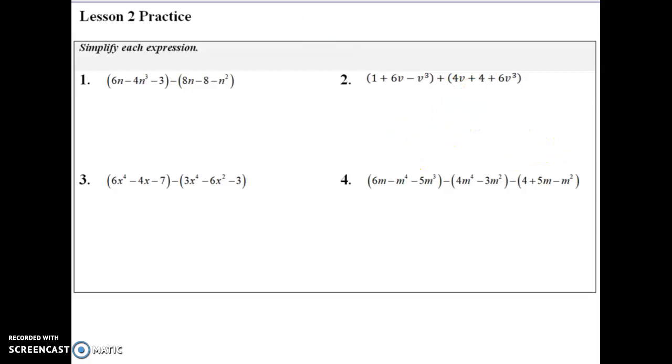Okay, go ahead and do your practice problems here, and that's all you're doing for today. Tomorrow, since we do not have a live session, you're going to go ahead and work through the next page in your packet, which is a practice of the two lessons, or you can go on to Realize and do the practice on Realize. It's completely up to you,